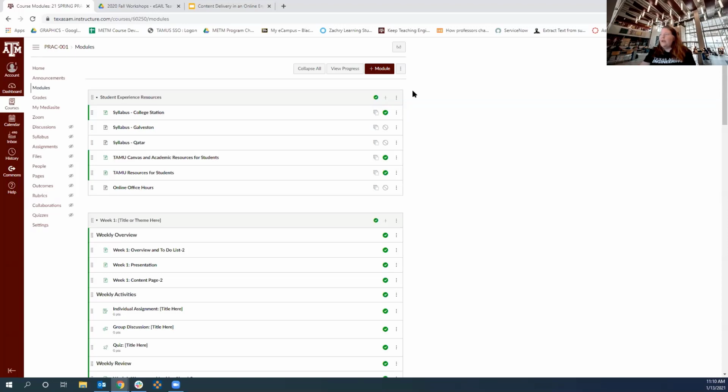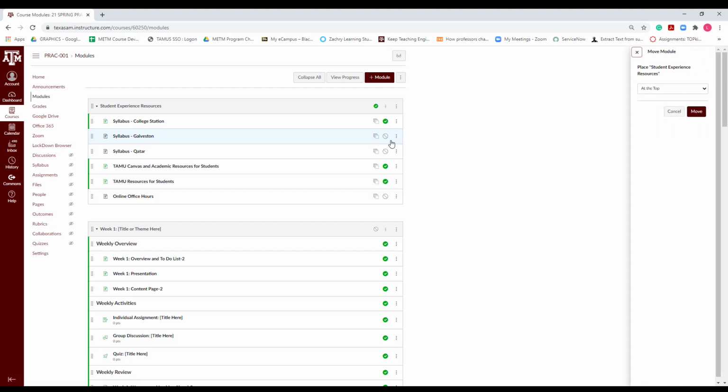So I can actually kind of move these things around. All throughout Canvas, you'll see these 3 dots to the right of things, and that's where you can open up the menus for different things that you're at. And so this gray line here is the module. And if I get the menu for the module, I click the 3 dots, and then editing it just edits the title, and then it can also edit when it opens. You can put a lock on the module. So that's what you would do if you wanted to edit it. But I want to move it around. So I'm going to move this module.